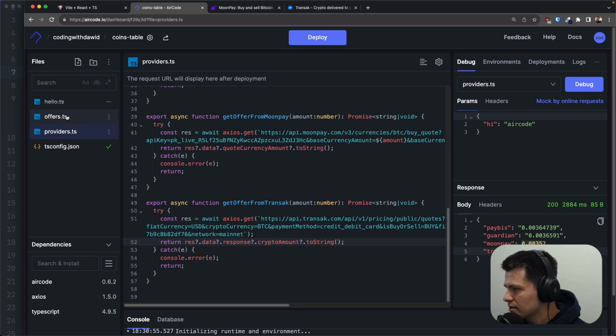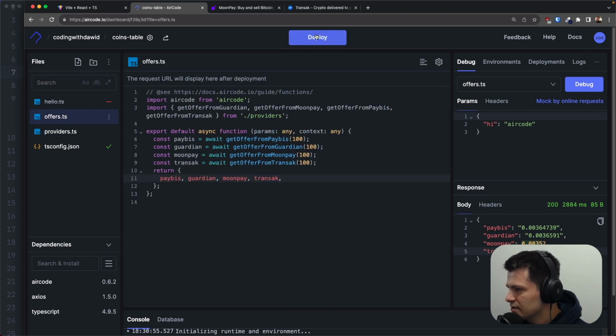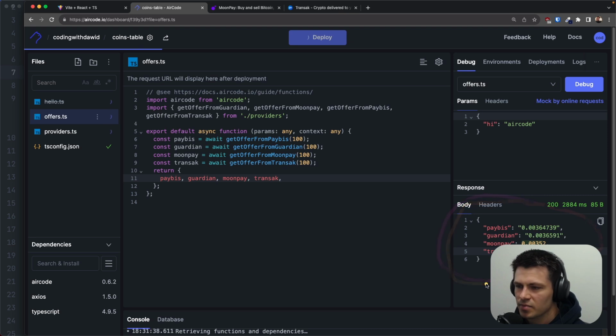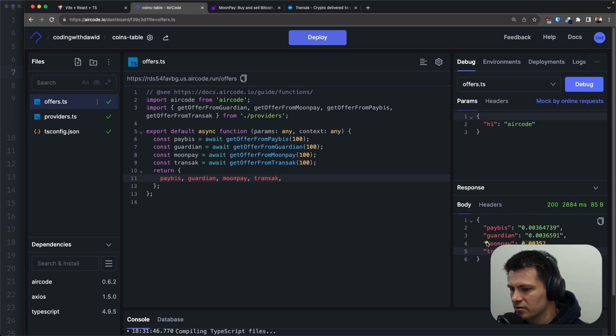All right, so now the cool thing here is that we can just deploy everything, and when it's deployed, we will get a URL here that when we open it, we will get this. We will get a JSON that will return how much Bitcoin we can buy inside the websites for all of those providers. As you can see, now it's deployed, and we are using 100 everywhere,